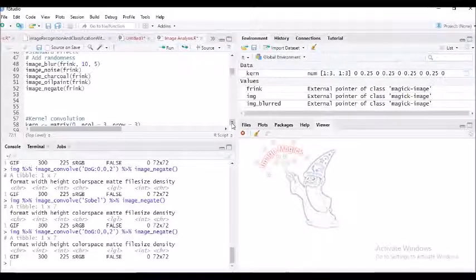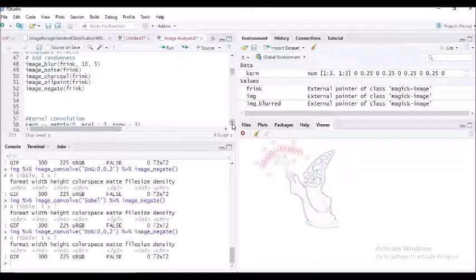So how do you write the script for that? We will create a matrix wherein the first value would be 0, and the number of columns will be 3, the number of rows would be 3. This is how we define a matrix, and this one is going to be saved in a data frame. We create a data frame called kern, and kern[1,2] will be, this becomes a matrix again, a data frame wherein we have the value 0.25.